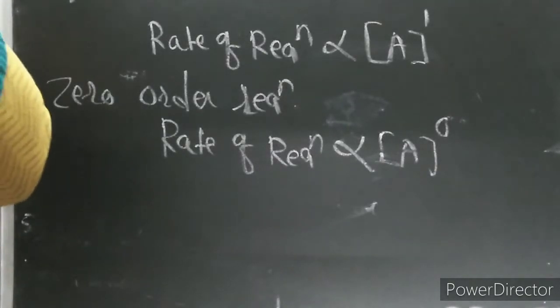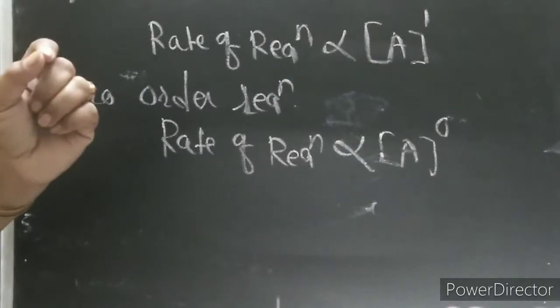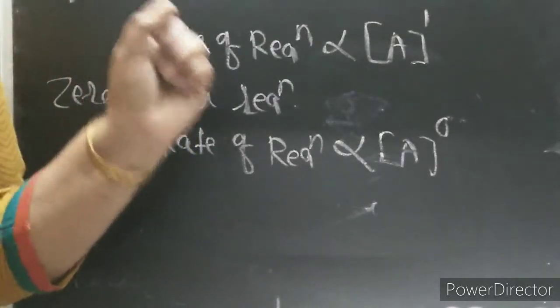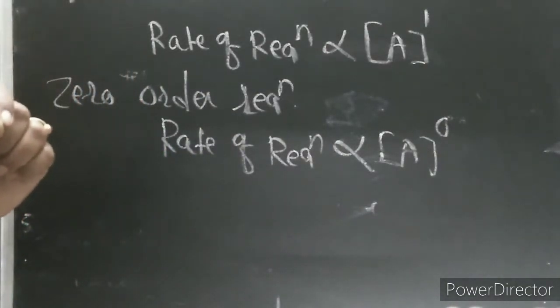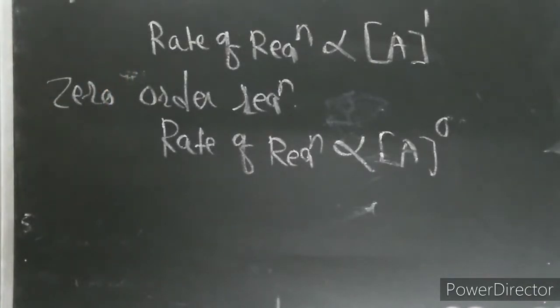So in this chapter we have to discuss derivation of first order reaction and zero order reaction, half-life period of first order and zero order reactions, and graphical representation for first order and zero order reactions. Now we will start. May I repeat again, what is first order reaction? In rate law, if the rate of reaction is directly proportional to the concentration of any one reactant, then it is called a first order reaction. And if rate of reaction is independent of the concentration of reactant, then it is called a zero order reaction. Now we will start with the derivation part for first order reaction.